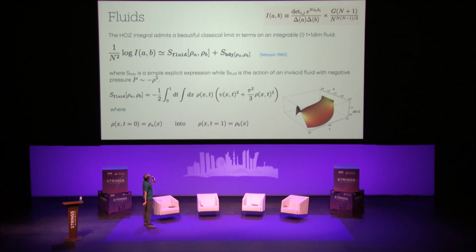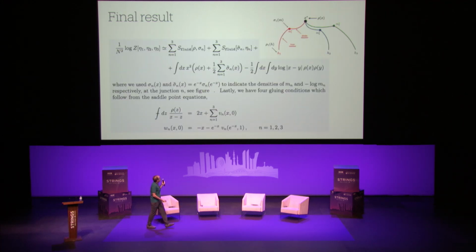Okay, very good. So then, with this result, immediately we can write what is then the result for the correlation function of 3 very heavy operators. And the answer is, it's given by a bunch of fluids. Like you have 6 pipes, and you have a fluid going from H1 to M1, and then from M1 to X, and you have another pipe. So you have these 6 pipes that are connected, and there is a condition at each junction of the pipes,